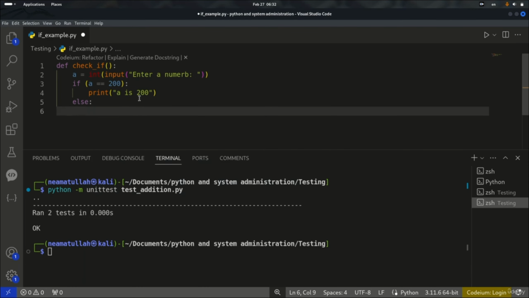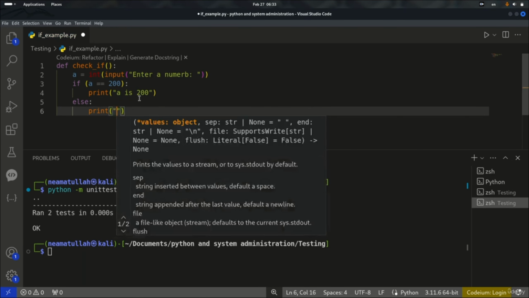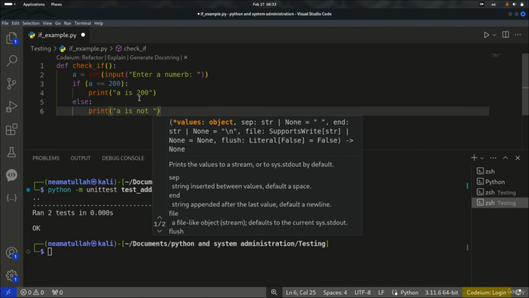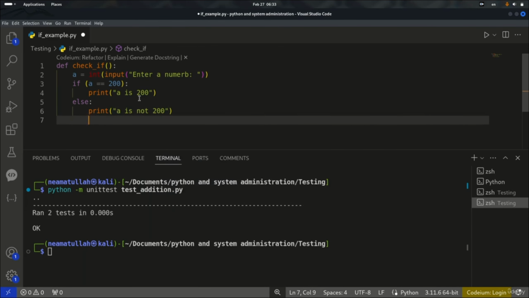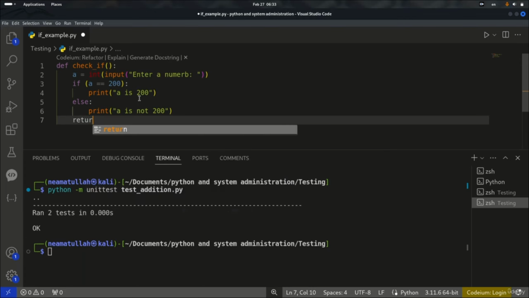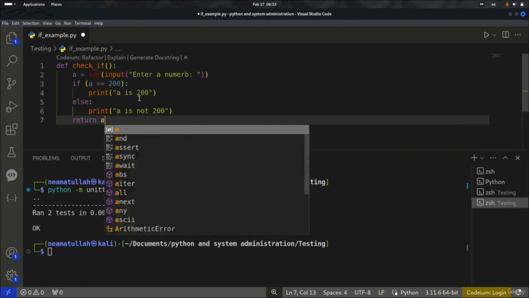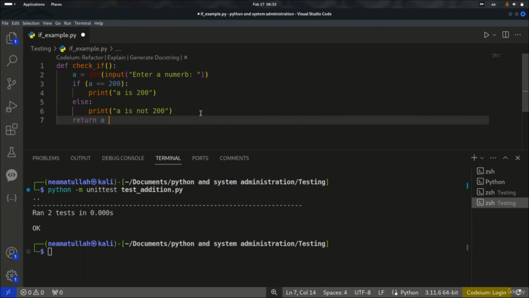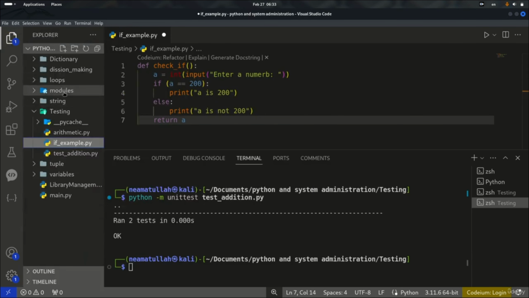I'm going to move a little faster. So print a is not 200. And at the end here, let's return a. Just this one. I'm going to create a new file for testing that. So you understand now how to do this kind of thing. Test_if,